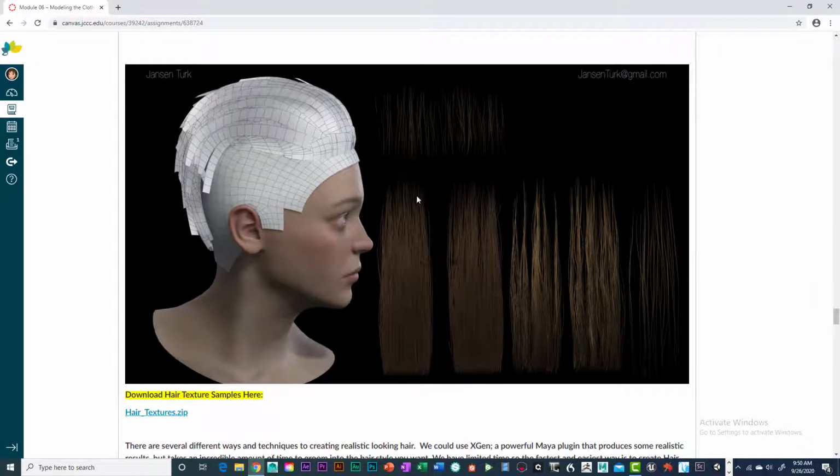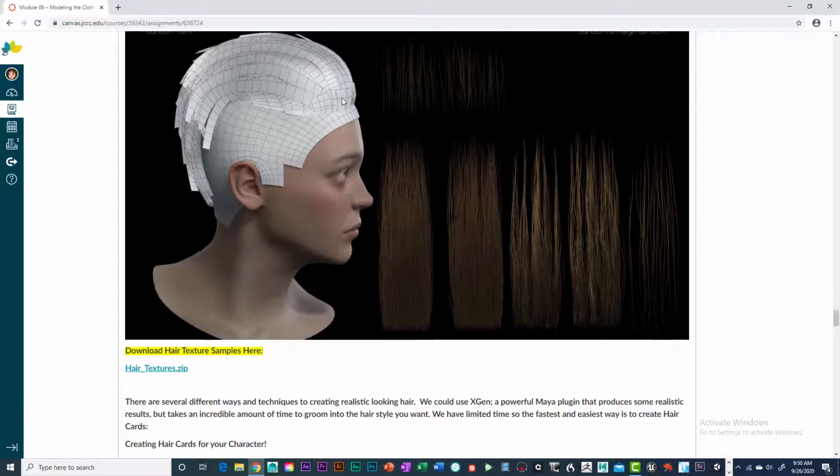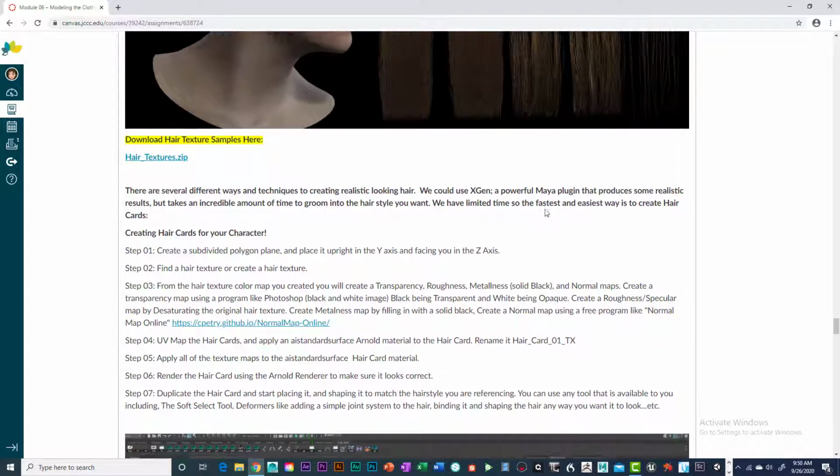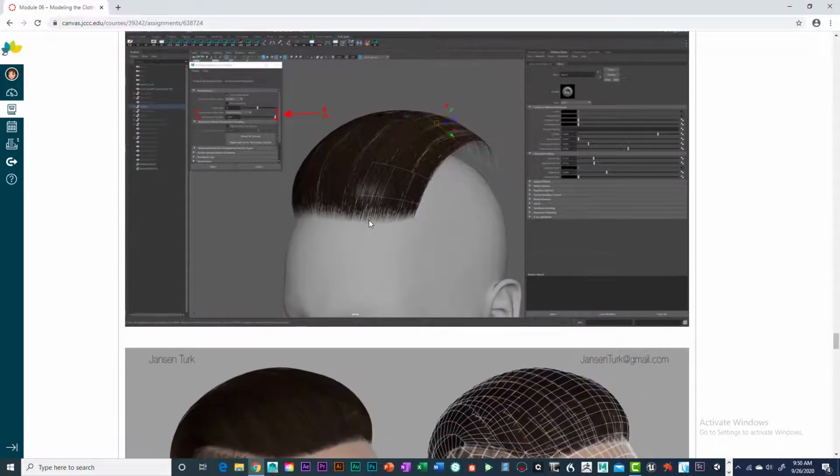And so hair cards are low poly. You don't have to worry about hitting a RAM issue with your computer. With XGen, if you don't have enough RAM, you could cause it to crash, and Maya has crashed with XGen a lot. So that's another reason why I use hair cards. They look just as good, if not better, and I can really groom it much faster using sculpting tools and some other tools, like the soft selection tools. So I tend to be